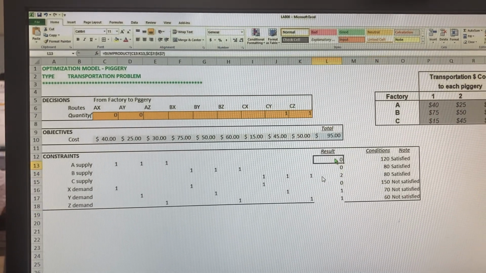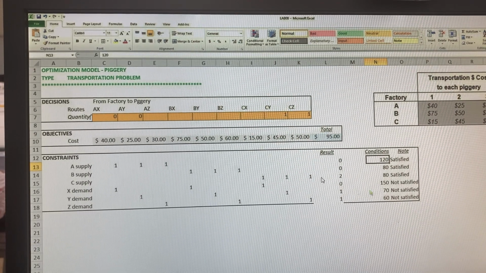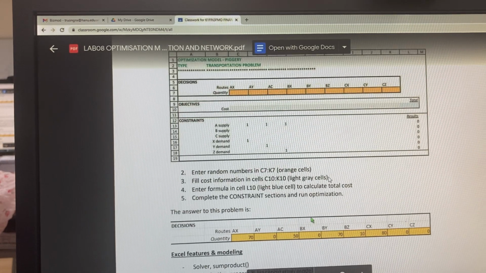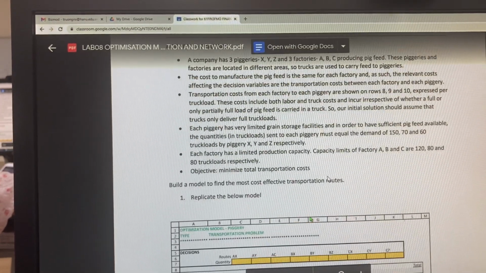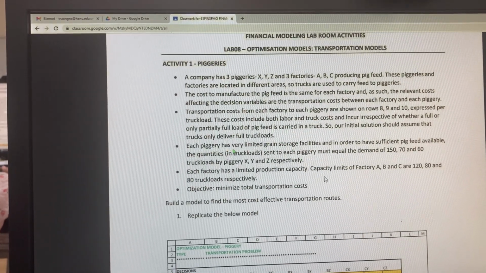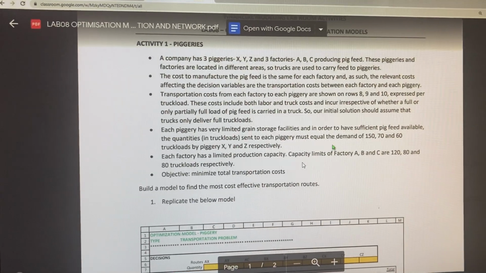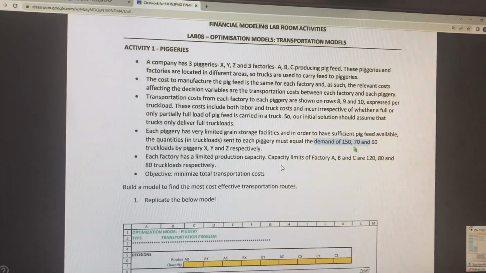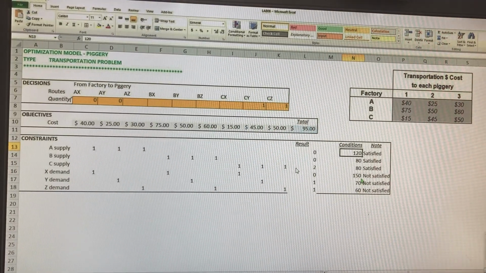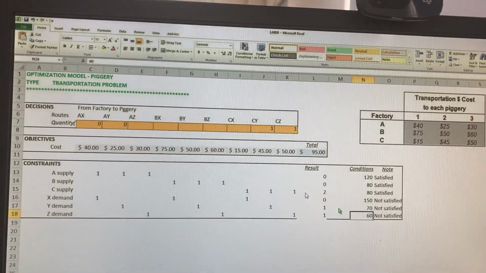Now, you compare the results with the condition, following the questions. Where is the condition? The condition is each piggery has their limited grain storage, must equal to the demand of 150, 70, and 60. Alright, so the demand is 150, 70, and 60. You should transfer